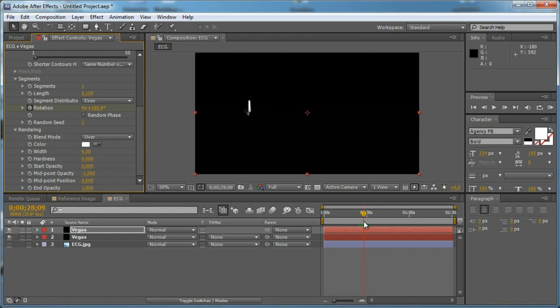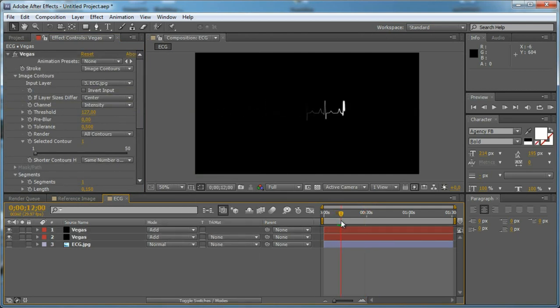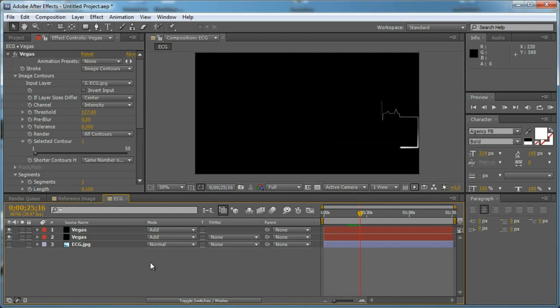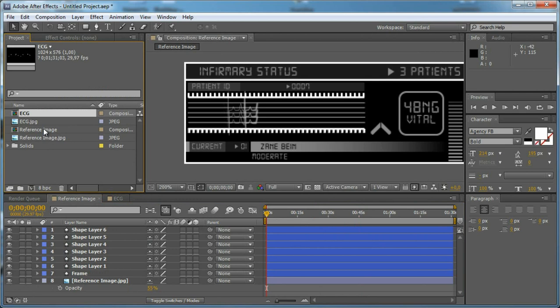And we need to change the blending mode to add for the two layers, and as you can see we have this kind of a more intense beginning of the line here. So this is it, our element, and let's take it and drag it here,